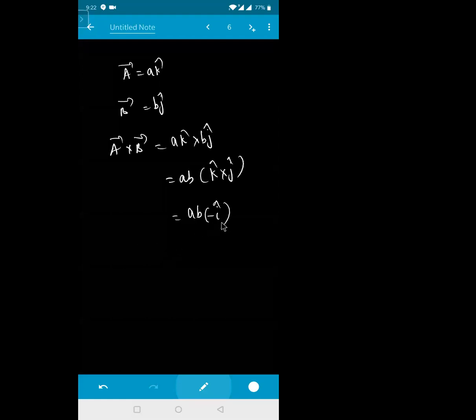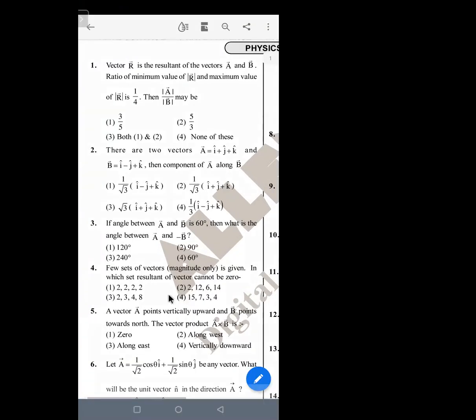So minus I means what, beta? Can anyone tell me? If this is your east, this is your west, this is your north, and this is your south, then this will be plus I and this will be minus I. Minus I means towards what? West direction. Minus I represents the west direction. This will be plus J, and down will be minus J. So we are getting minus I, which is towards your west side. So the answer for this one should be along your west direction. Is it clear for everyone?